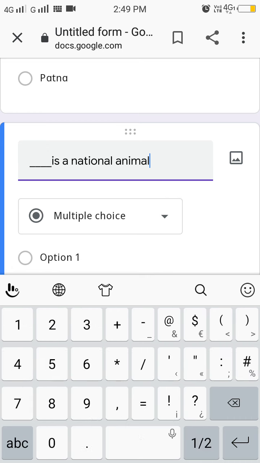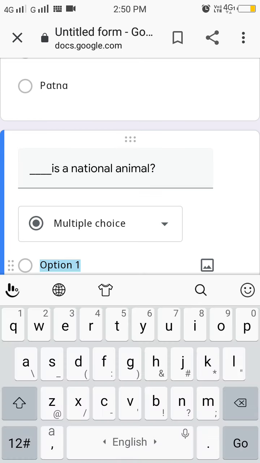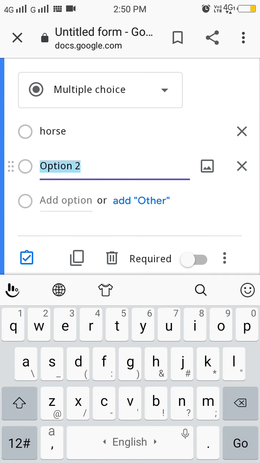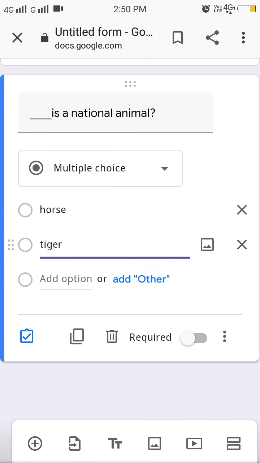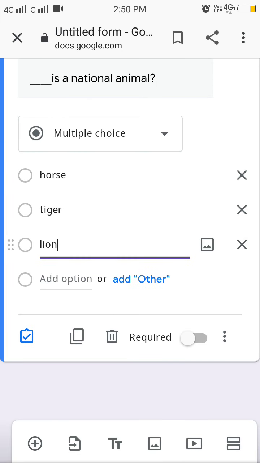Okay, now type the options. Click on option 1, select the first option, say I'll say horse. Then to type the second option, click on add option, write the option, say tiger. To write the third option, click on add option, write the option, say lion. And to add the fourth option, click on add option,